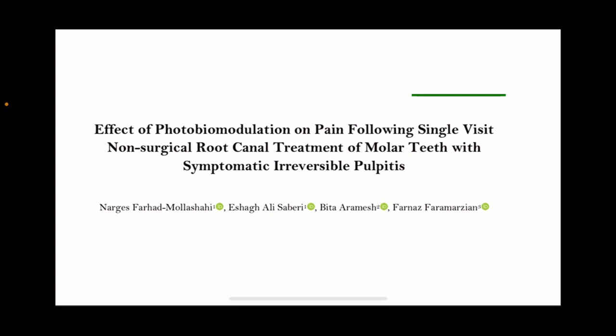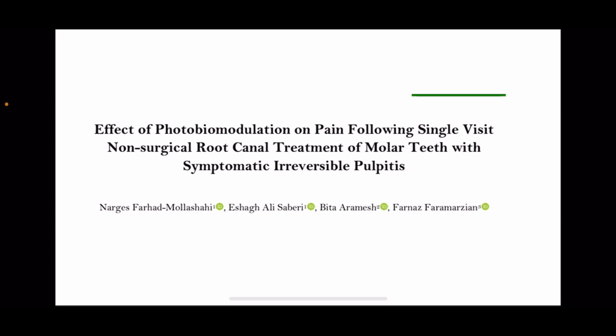Photobiomodulation therapy uses a low-level laser in the visible infrared or near-infrared spectrum with 600 to 1000 nanometers wavelength. It's commonly performed to induce tissue regeneration, decrease swelling and inflammation, and alleviate pain with its photochemical effect and different irradiation times.